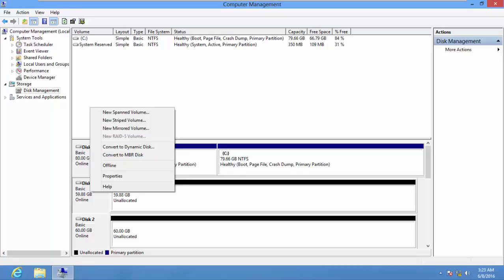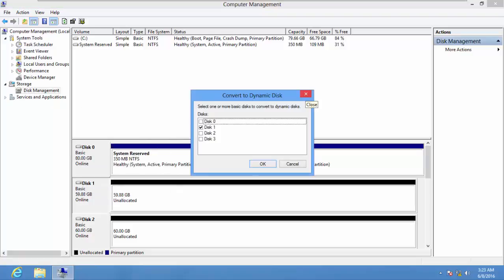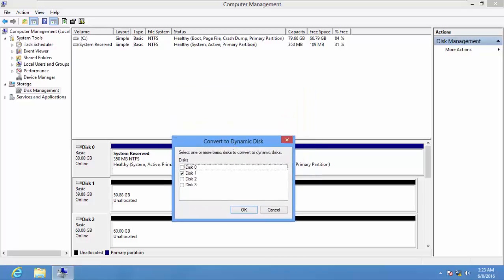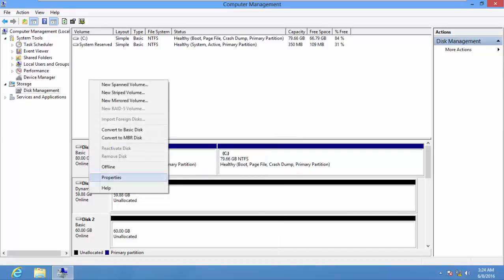Okay, so if you want to also convert this disk to a dynamic disk, you can use this option over here. Just right click and convert to a dynamic disk. The only time that you need a dynamic disk is when you are creating striped, spanned, and mirrored volumes. So to create a simple volume, you don't need to convert your disk to GPT or a dynamic disk before. You can leave it at the default and do it. You can also convert it and do it. It's going to work. So I'm going to leave it back at our basic disk